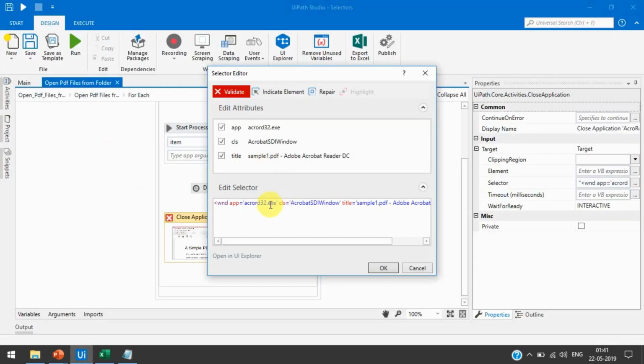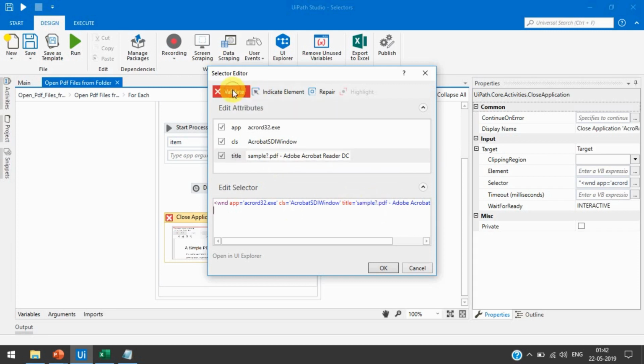So what can we do? We can just remove this and put the question mark. Whenever it opens, it will replace the sample1, then sample2, sample3, because this part will always be there with the PDF files, but the number will change. So this will replace only a single character. It will always be 1 2 3 4 5 like that. If it changes from here, we can change it here also. Automatically it will be changed.